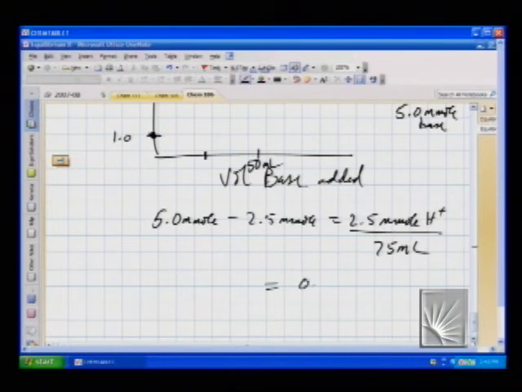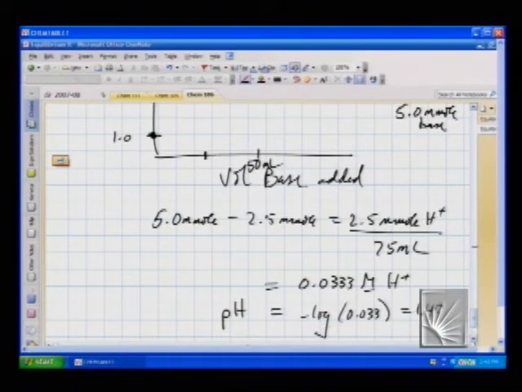So that means I've got 0.0333 molar H plus still. What happened to the sodium hydroxide? What did I make? HCl plus NaOH makes water. Do I have to worry about the water? No, it's just water. All right, so what's the pH of this? Do you happen to take a negative log of that for me? Equals 1.48. So you're at the half equivalence point,